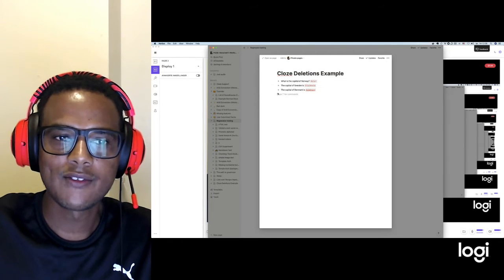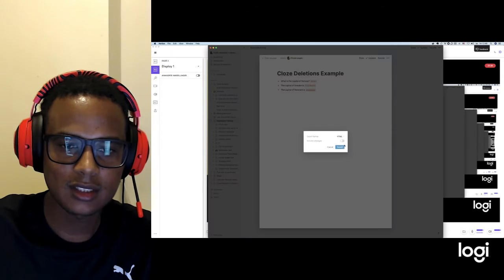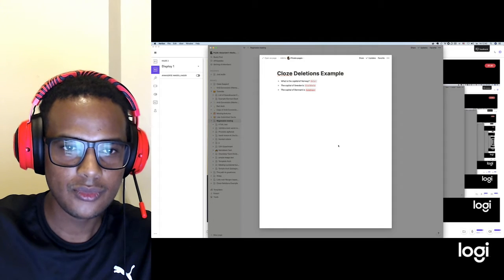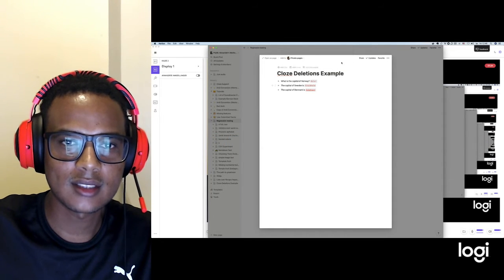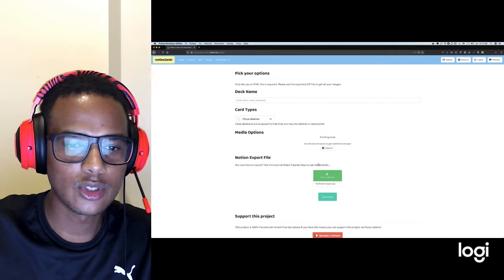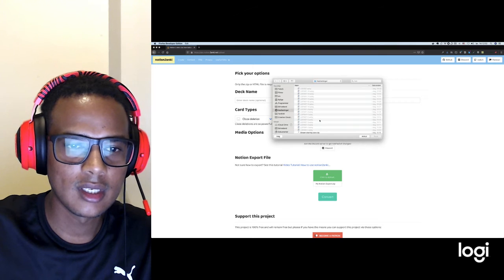And now we have created several cloze deletions, right? So let's export that, and let's save that. And then you know the drill, right? You go to Notion to Anki, you're going to see it says cloze deletion is the default now. And then hit,